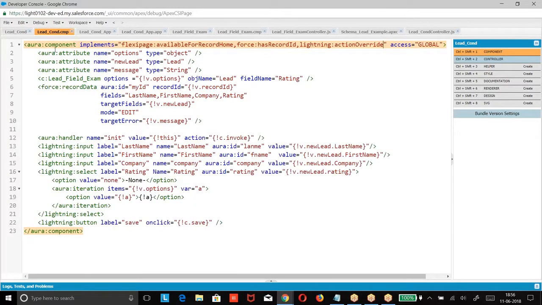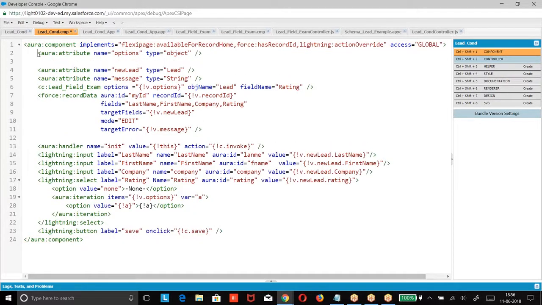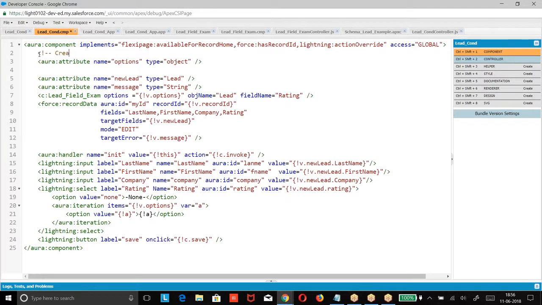I also need to create an attribute with the name options to sync the data between the components. There is a reason we have created this attribute.